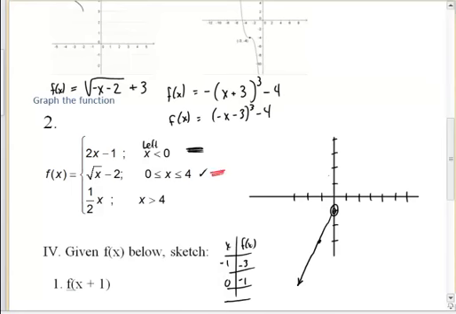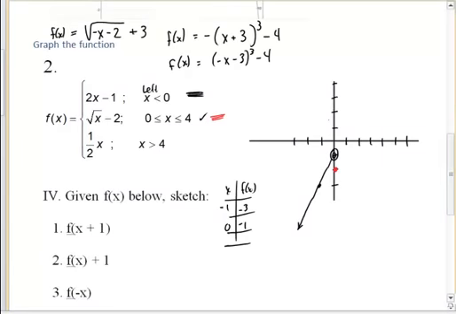So for that, I'm just going to use my parent function knowledge. So I'm going to go down 2. That's going to be solid. Oh, that's down 3. Hold on, let me erase that. And it's going to go, when I get to 4, I'm going to have the value of, when you plug in,